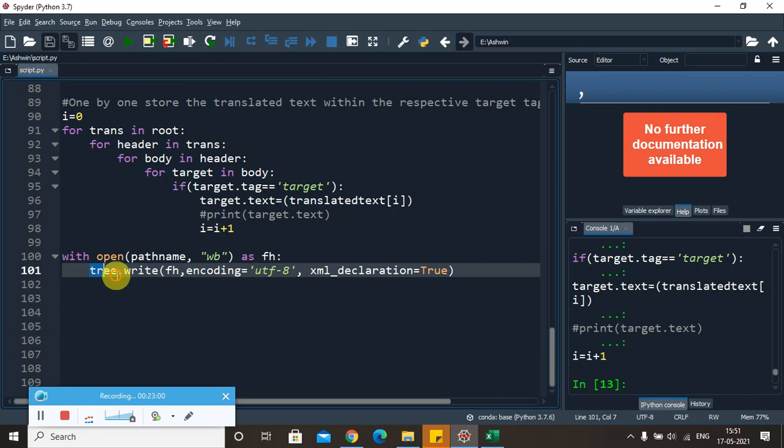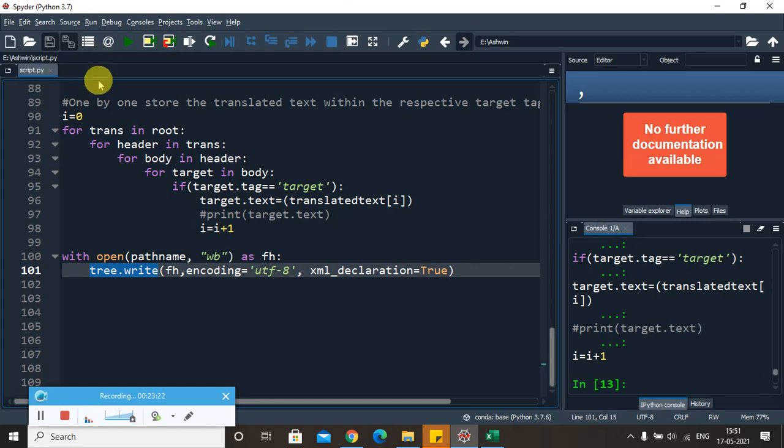The entire tree.write is your entire tree now, which is the entire file that is going to get converted, because you have got a new tree now. The old tree had the source tag and target tag the same. In the new tree, the source tag is in English and the target tag is in some other language.